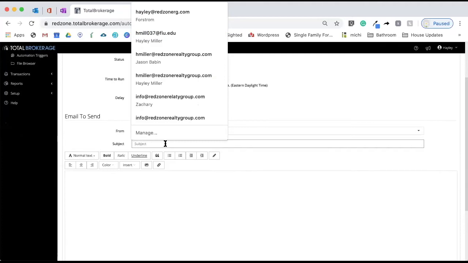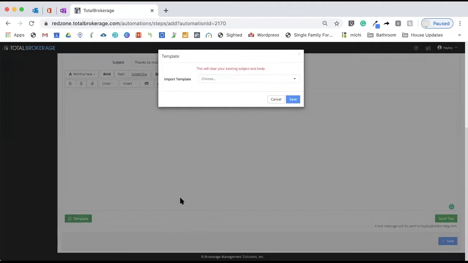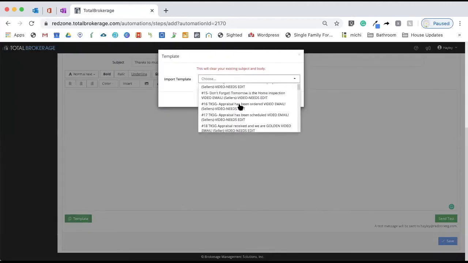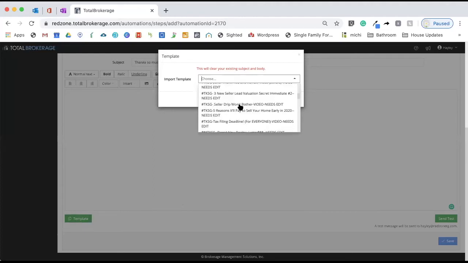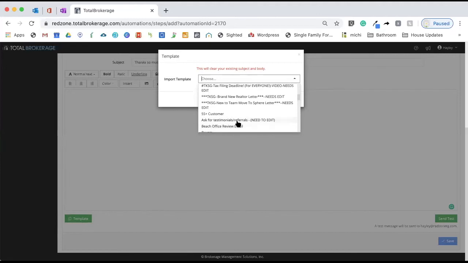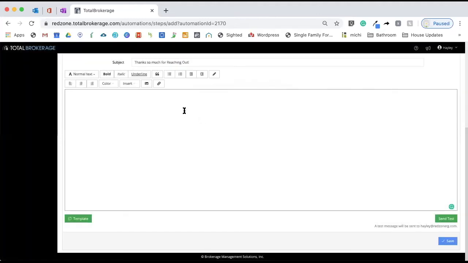And so subject, and you'll say, thanks so much for reaching out. Okay. And you can add a template down here. So if you have any templates that are already set up, feel free to add that. I'm going to scroll through here and see if I have anything applicable. Let's see. Not really. So let's just go ahead and not choose a template for now, but I could set that up later and swap it out if I wanted, but we'll just say